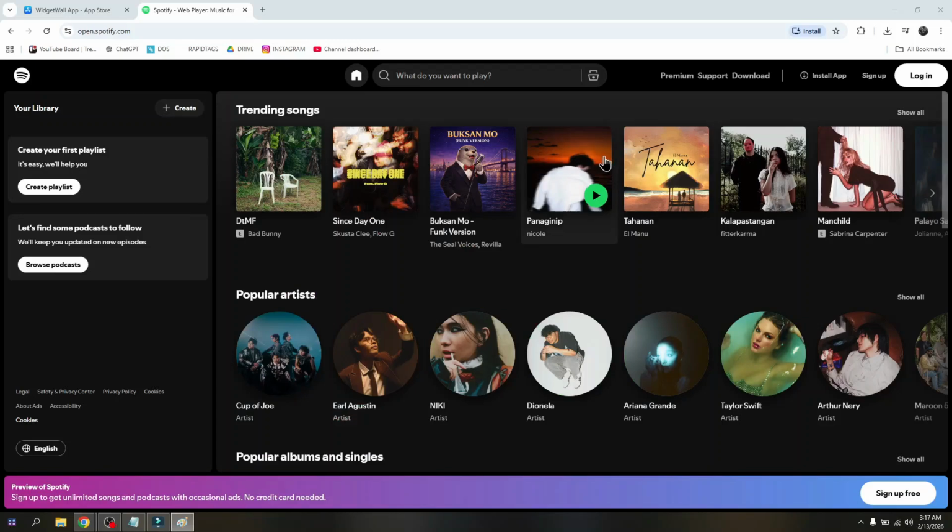How to add Spotify widget on MacBook. Now in this video, I'll show you a couple of steps for you to be able to add a Spotify widget on your MacBook. So the very first thing that you can do once you've downloaded Spotify on your MacBook